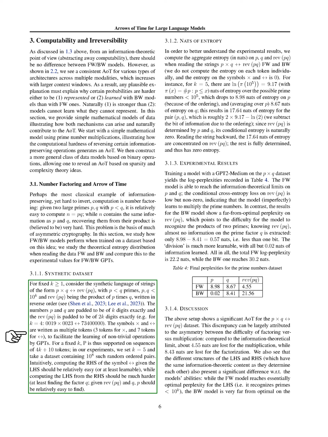Section: Nats of entropy. We're diving into the concept of entropy, specifically looking at how it plays out in our experiments. Entropy, in simple terms, is a measure of uncertainty or randomness. We calculated the total entropy for certain operations involving prime numbers, without focusing on individual elements or specific symbols, which we considered to have zero entropy.